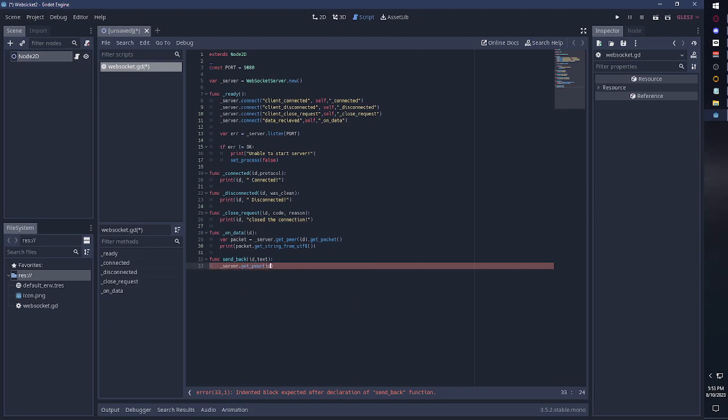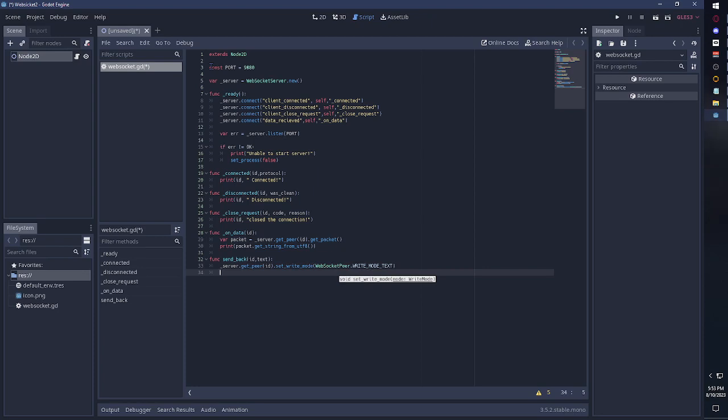We're going to do the ID again, and then we're going to set write mode. We're going to set the write mode to text because as it stands, Neos is not capable of handling binary, so we have to send everything back to it through text. So we're going to send them back